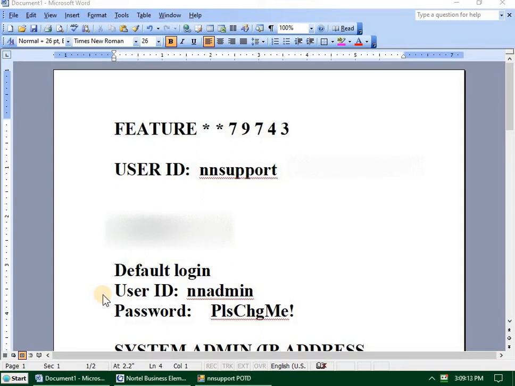Hello guys, this is going to be a quick video showing you how to get into the BCM50 if you do not know the default login or it has been changed. There is a way. It's called the NN support password of the day login. But first you need to know your system ID to do this,